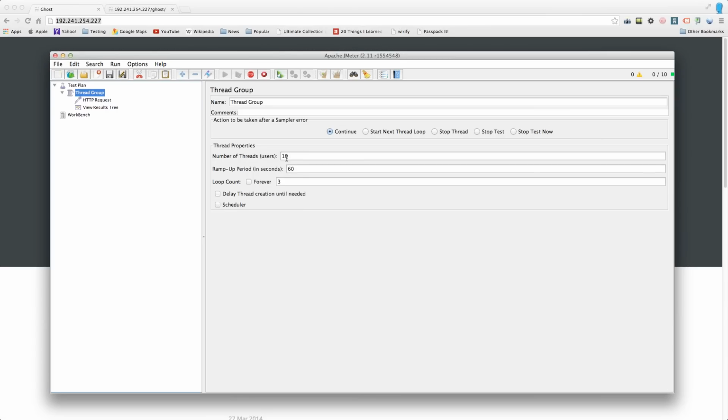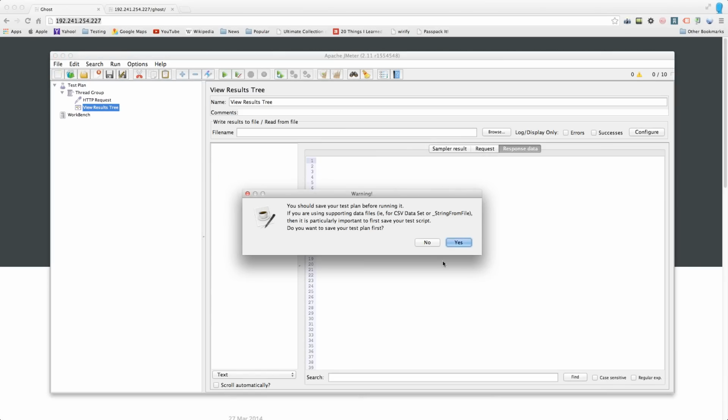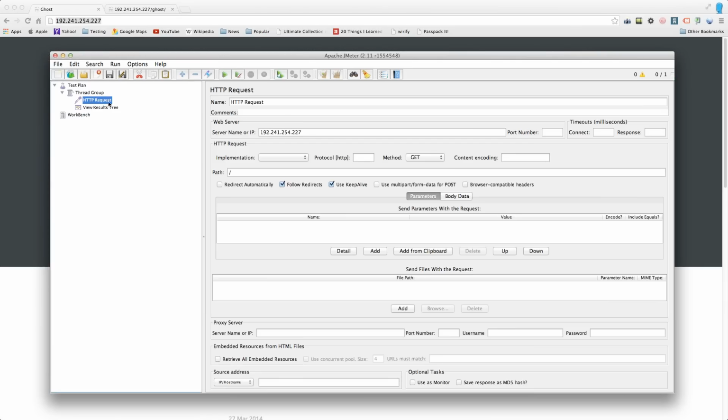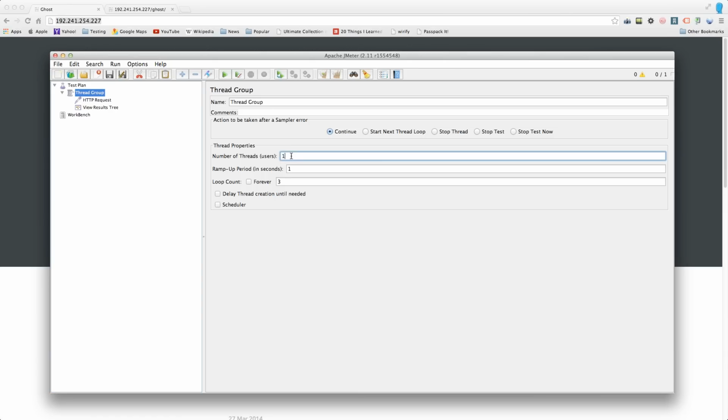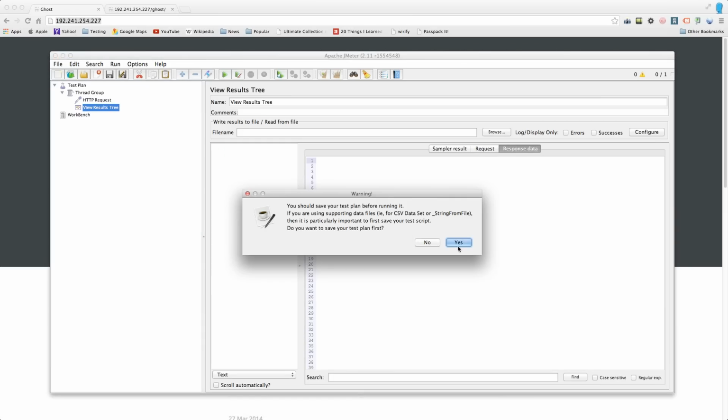And in terms of the amount of users, I'm ramping up from 0 to 10 users over a period of 60 seconds. I'm going to loop that 3 times. So let's actually stop this and create a slightly simpler example just so you can see. I'm going to say 1 user, and I'm going to loop it 3 times. I'm going to go back to the view results tree, and I'm going to go ahead and play. And what you're going to see is 3 requests. Now, if I were to pick, let's say, 2 users and 3 times to loop, then I would obviously get 6 results,